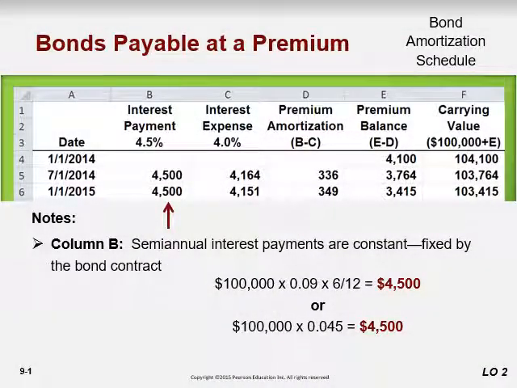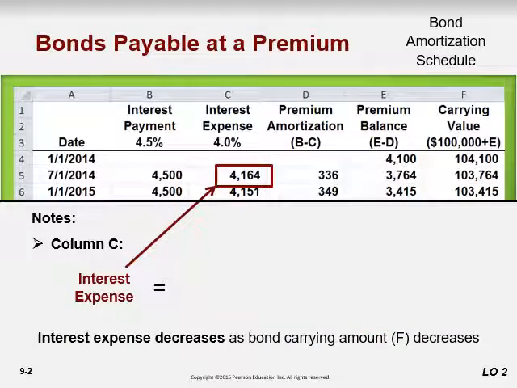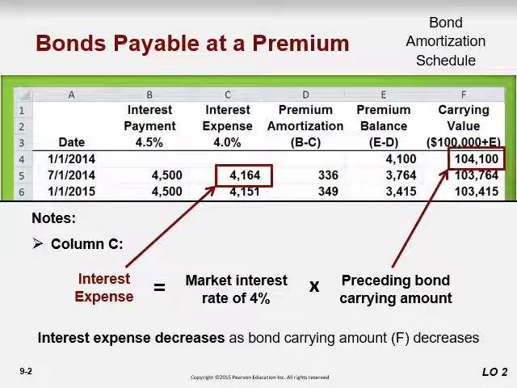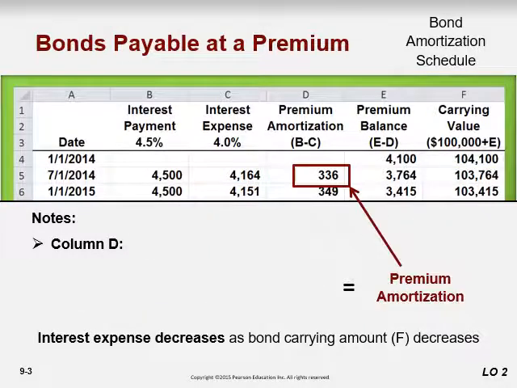So column B is the semi-annual interest rate. We calculate like this. Column C, interest expense, is the carrying value multiplied by this market interest rate of 4%. Premium is calculated as interest payment minus interest expense. So this 336 will be subtracted, let me just write it down, minus